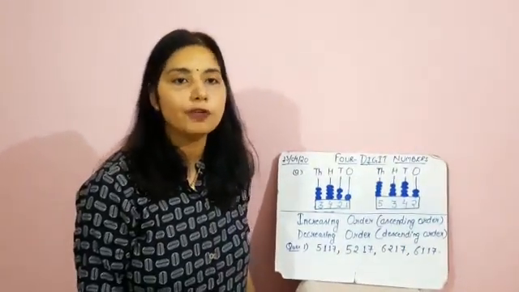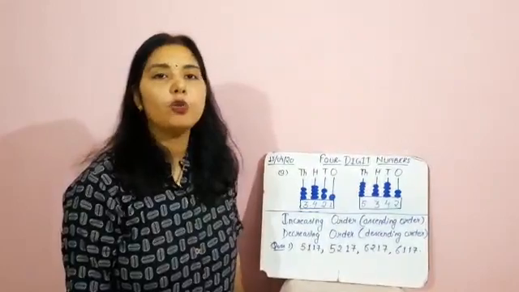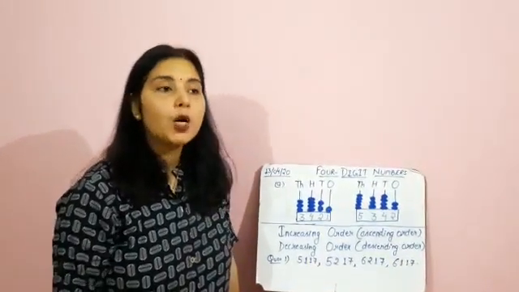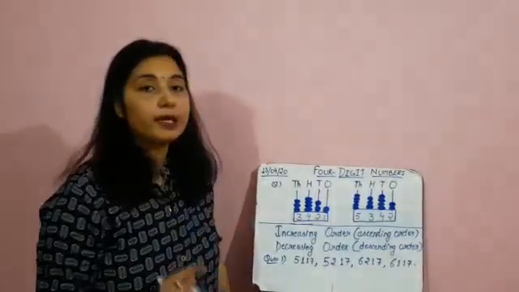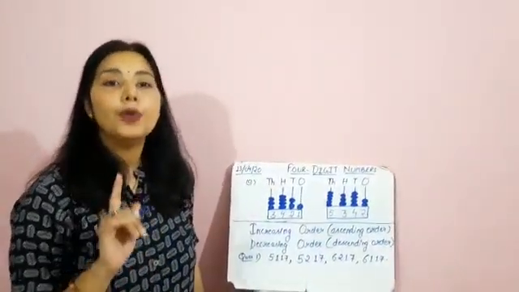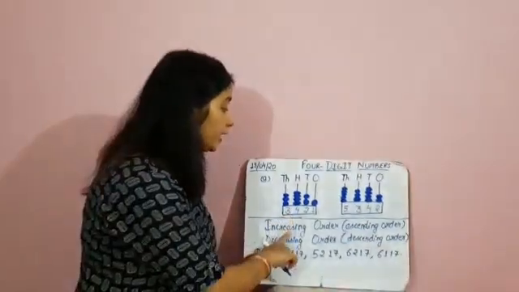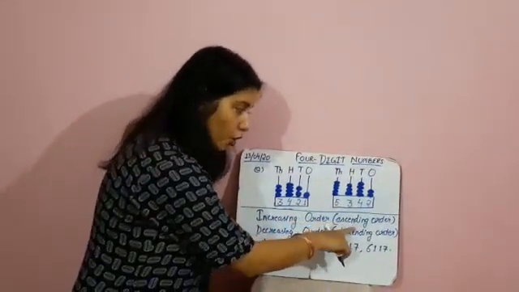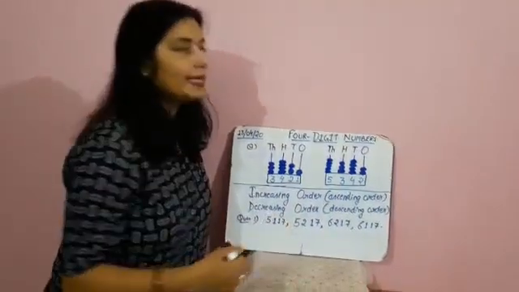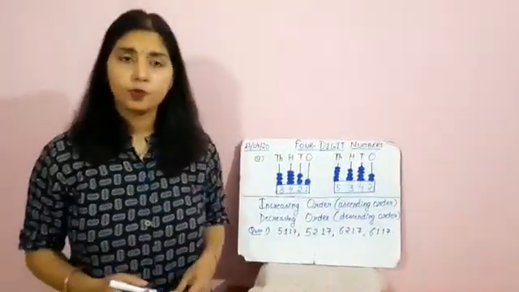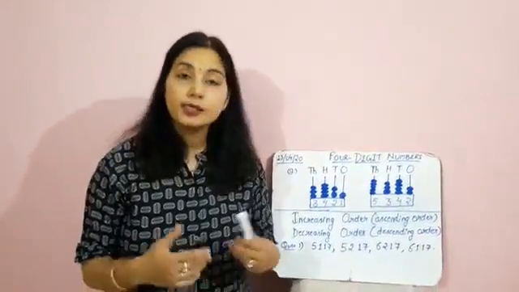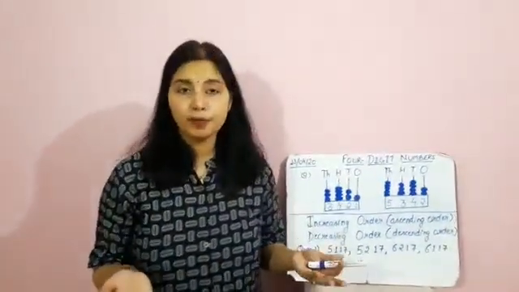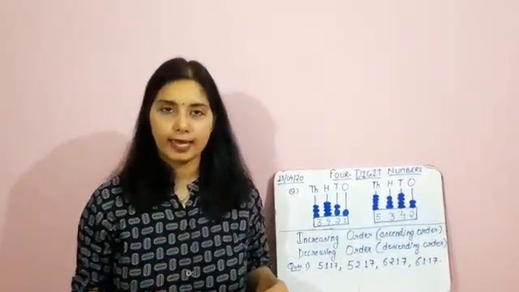Now, we have already done successors and predecessors of 3-digit numbers. The same will be followed in 4-digit numbers also. One topic that we have not touched yet is how to write the numbers in increasing order or ascending order, or decreasing order, or we can say descending order. I know you all have read increasing and decreasing order in class 2 also, but I think it's compulsory for all to revise it once again.